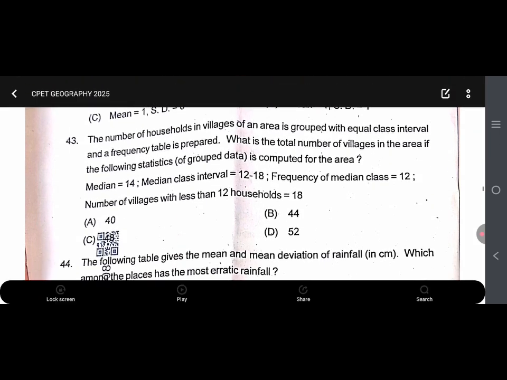क्वेश्चन नंबर 43 The number of households in villages of an area is grouped with equal class interval and a frequency table is prepared. What is the total number of villages in the area if the following statistics of grouped data is computed for the area? Median is 14, median class interval 12 minus 18, frequency of median class 12, number of villages with less than 12 households 18. ठीक आंसर टी हबो 44 ऑप्शन बी